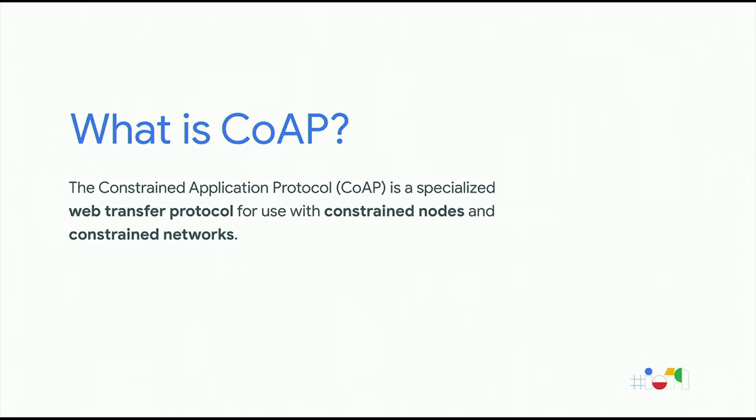But now let's think about a much more constrained device. I talked about at the beginning wanting to be able to power a device on just a small coin cell battery. So let's talk about using CoAP with IoT Core. If you're not familiar with CoAP, it's the Constrained Application Protocol. It's a specialized web transfer protocol that's made for basically exactly what we want to do, very constrained devices using very small amounts of power. CoAP is designed to be a lot like HTTP, and it implements the widely used REST model. So servers make resources available under a URL, and clients access those resources using the familiar REST methods like get, put, post, delete.